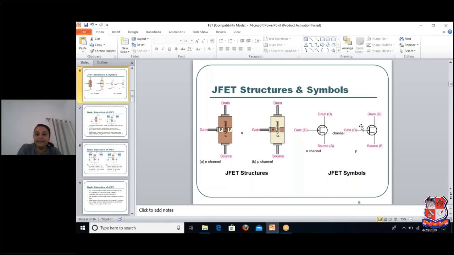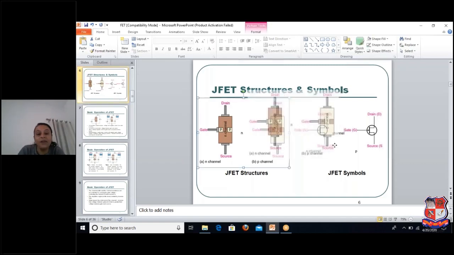Okay, and this one, the second one, is known as the p channel. Here is the n channel, because the difference will be how you indicate the BJT. Whenever you use the n type of BJT, the n type of transistor, what happens? Your current will flow from base to emitter. Same thing here: gate current will indicate whether this type of JFET is the n channel or the p channel.